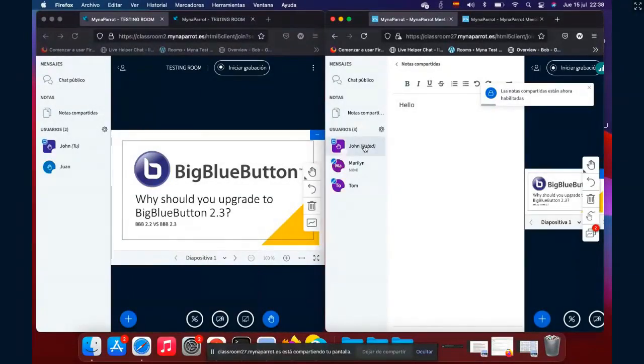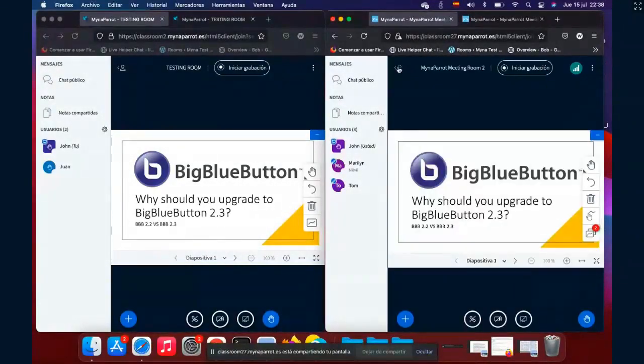Another thing I want to mention is, here I'm looking again at this big 2.3 interface, and you see this user is shown as joined from a mobile. But before, in 2.2, there was no way to show whether a user joined by mobile or by computer.